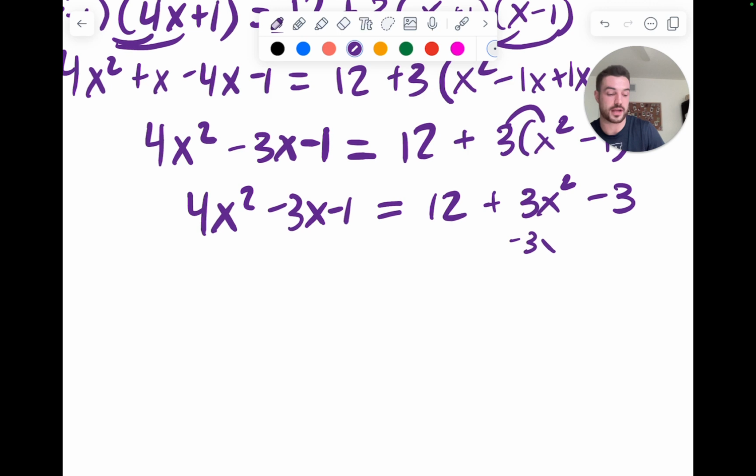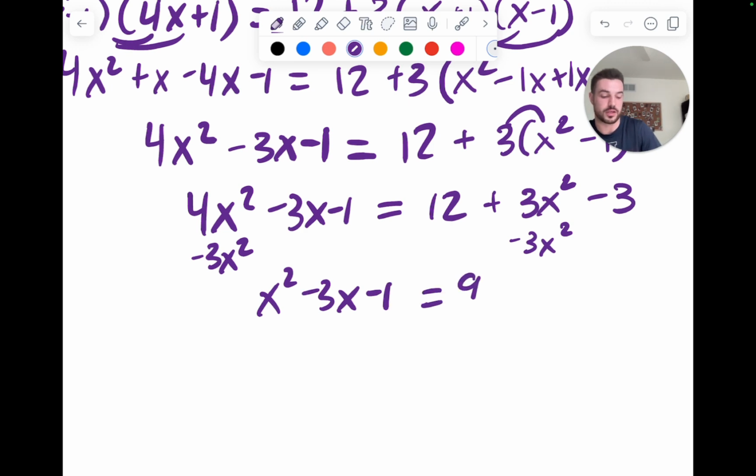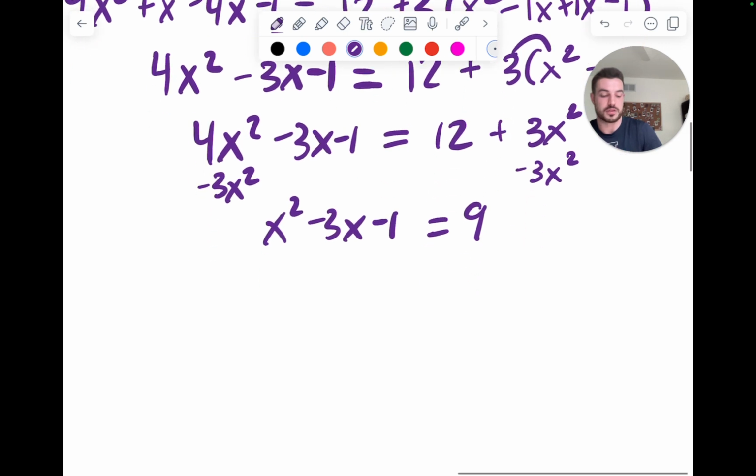I'm going to subtract over my 3x squared. And I will end up with 1x squared minus 3x minus 1 is equal to 12 minus 3, which is 9. So keep going, subtract the 9 over, and I get x squared minus 3x minus 10 is equal